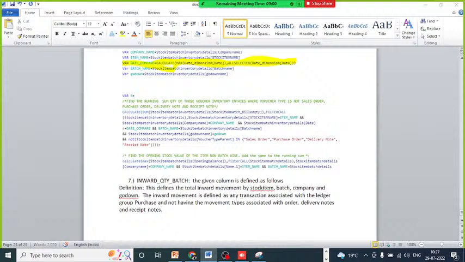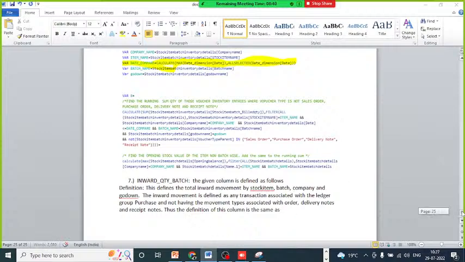Is this point clear? Does the definition of this column